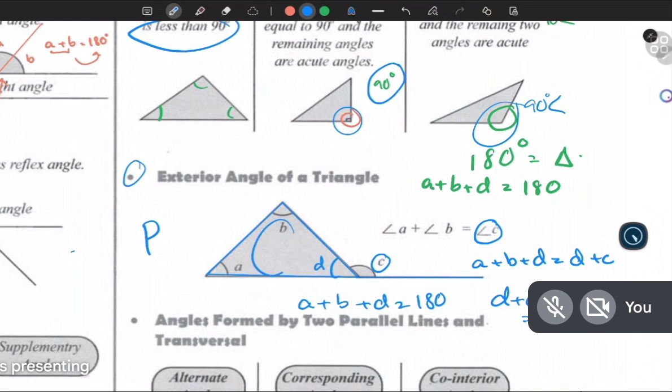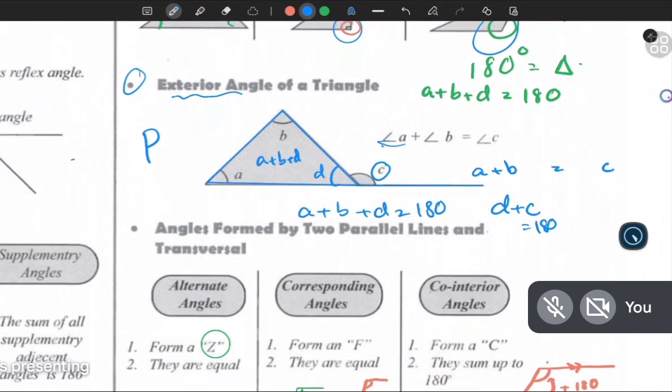And here you have a triangle. So A plus B plus D gives you 180, right? So B plus C is equal to A plus B plus D, right? And if you have D on both sides, you can cancel them out because both sides are positive. And now you have this formula, which is for the exterior angle of a triangle,